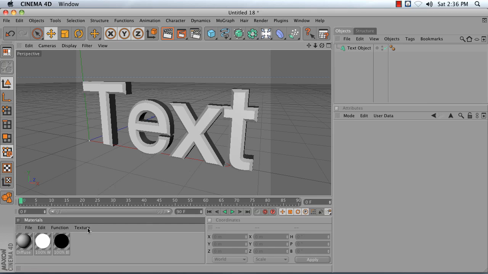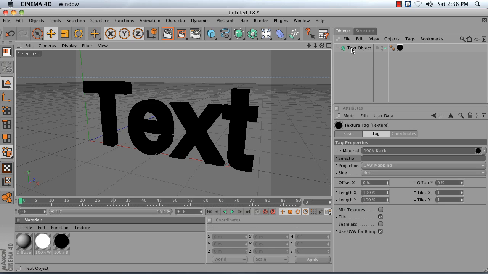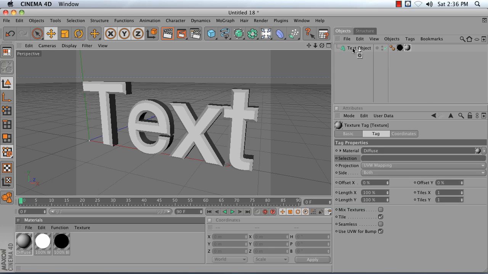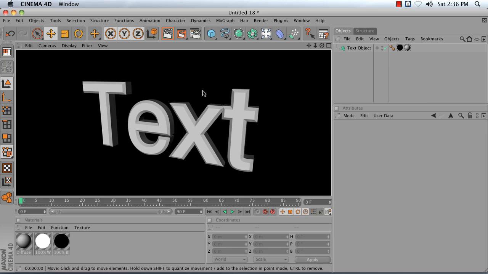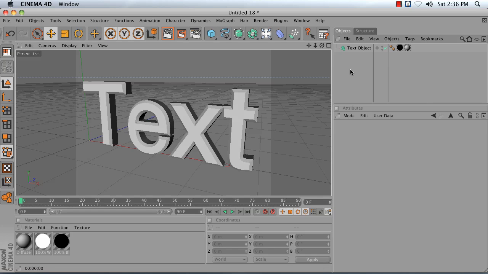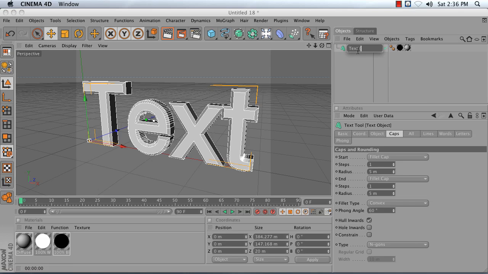Because we're going to be rendering out in passes, it's really helpful to lay down a layer of black first. So drag 100% black onto your text object. And then on top of that, drag on diffuse, which I'm going to do by dragging it onto the name of my text object. When I render, I now have diffuse text like this. I'm going to name this text diffuse. I'm going to duplicate it,